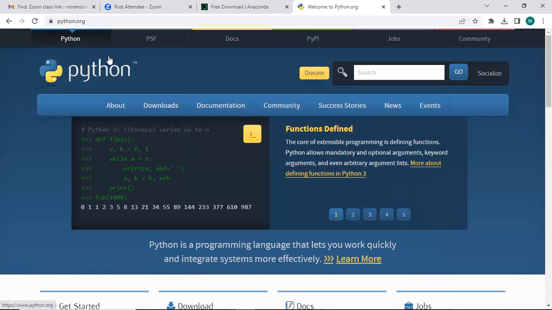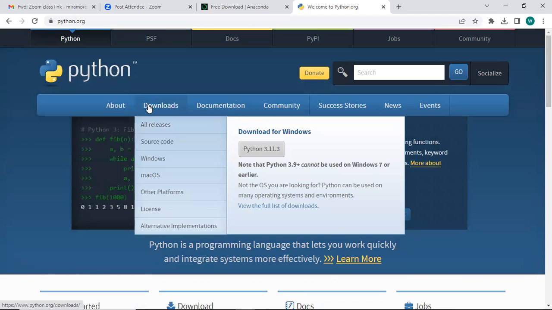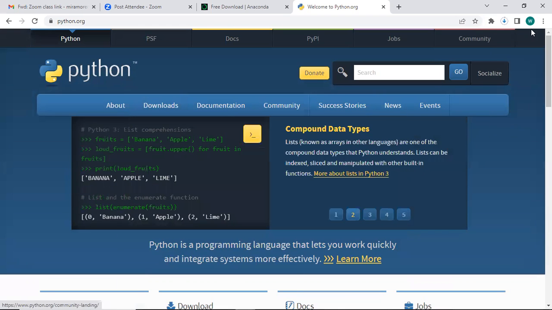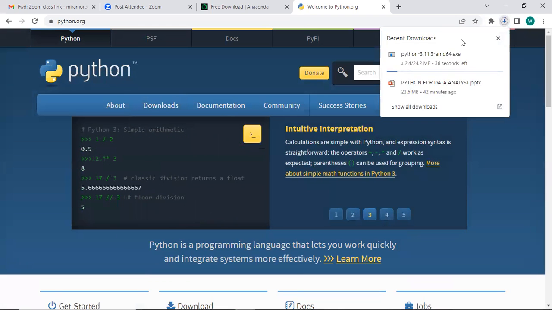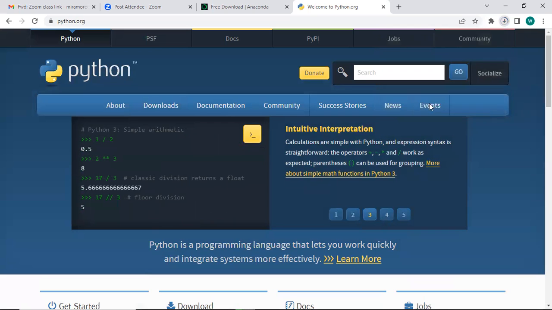When you open the Python website by typing python.org, you come to the Downloads tab, come to Windows, and you see it here, Python 3.11.3. So that's what you will now click. When you click it, you can see it has started going to my downloads. But I don't want to download this since I already have it, so let me just pause it. So this is just it.